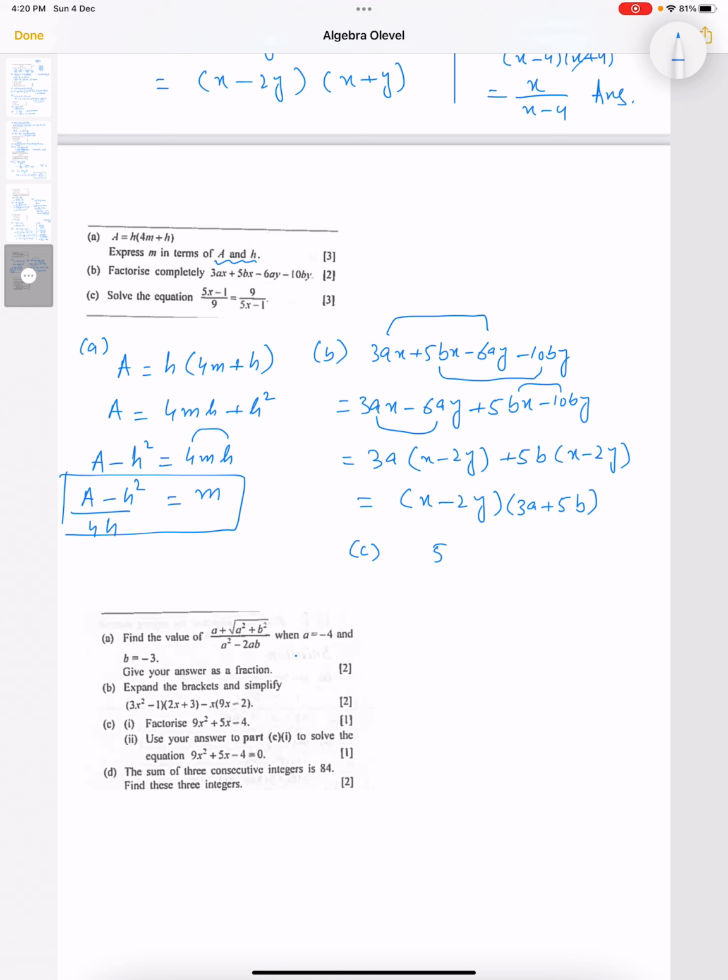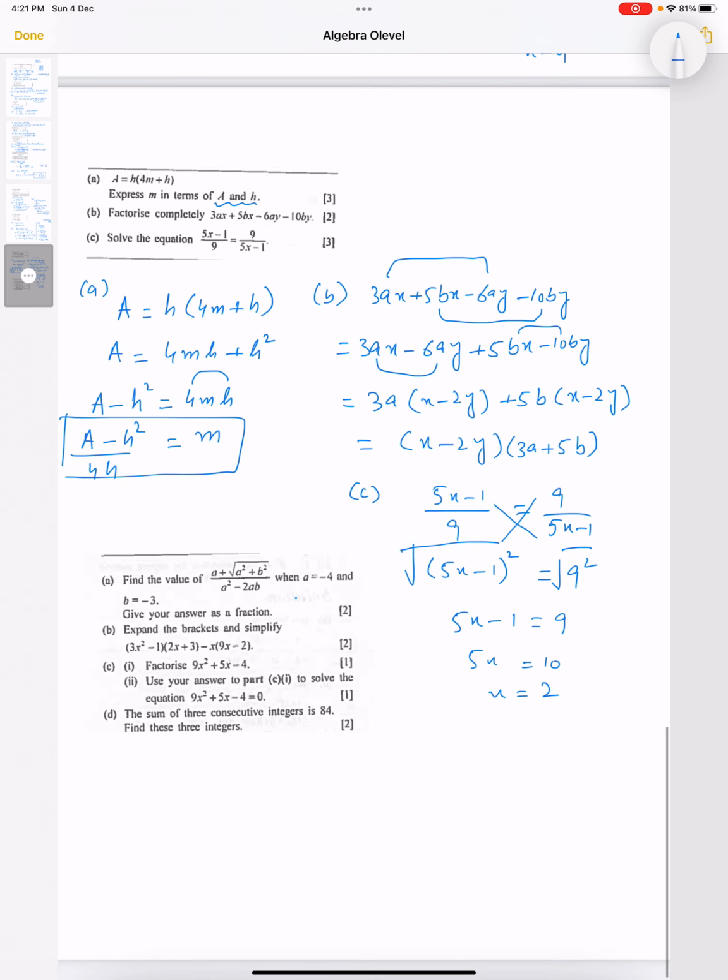Solve the equation 5x minus 1 over 9 is equal to 9 over 5x minus 1. We will do cross multiplication like this. 5x minus 1 multiplied with 5x minus 1 gives us 5x minus 1 whole square. 9 multiplied by 9 gives us 9 square. If we take square root on both sides, we have 5x minus 1 as equal to 9. So 5x is equal to 10 and x is equal to 10 divided by 5, which is 2. Now the next